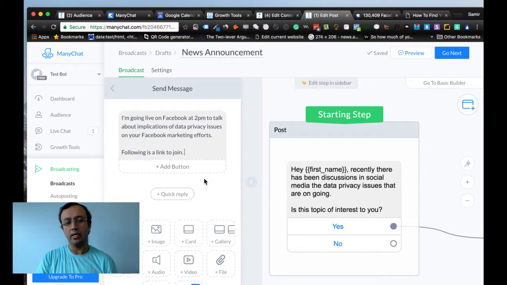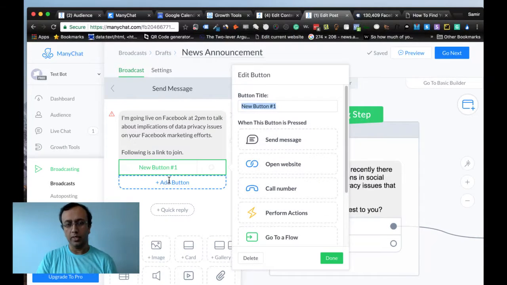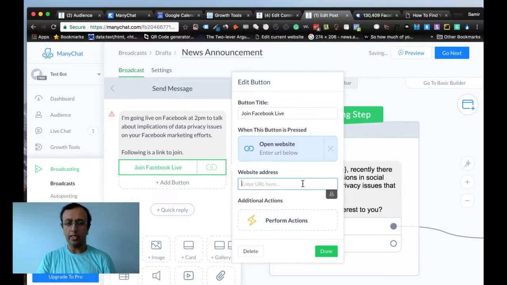So then I'm going to send a link here, add the button, join Facebook Live, a button title that's relevant, and I'm going to select open website, and then it gives this option of website address.